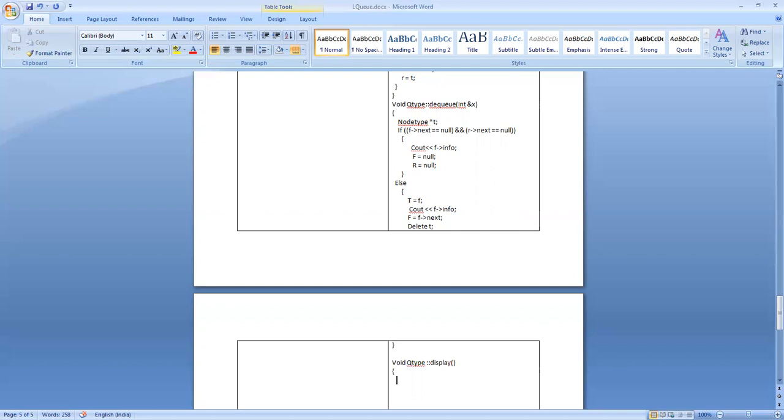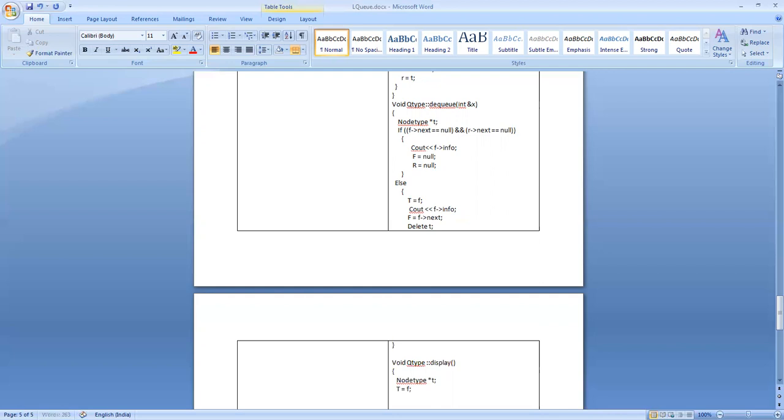For that you make an auxiliary variable, node type star t. Then you start from the front. Front points to the first node, so you supply the value of front to t.